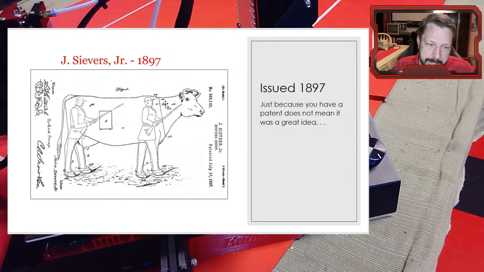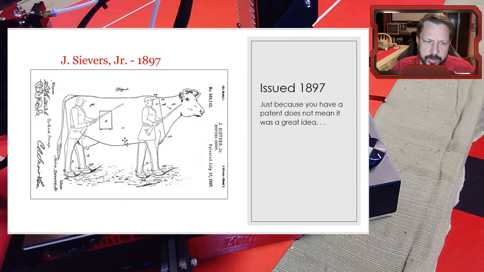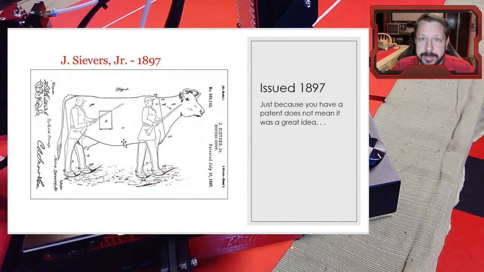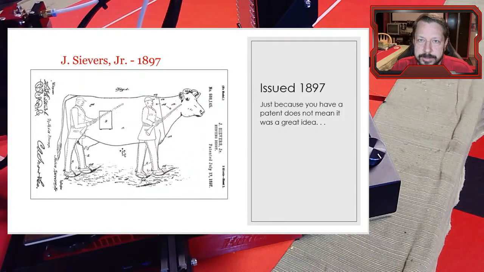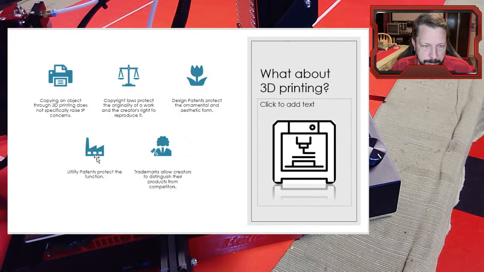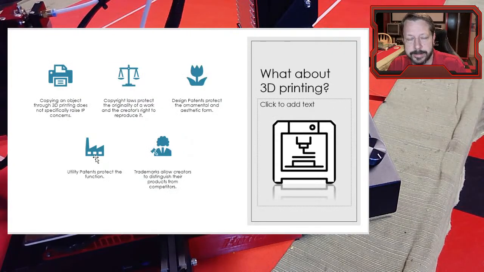Actually, in the older times, before I think maybe the 70s or so, you actually did have to have a working prototype to bring to the patent office. You no longer have to show a working one. You have drawings of everything. Obviously, a working one is more likely to get patented, but